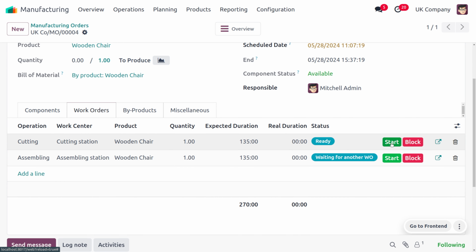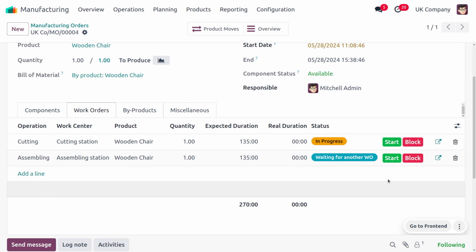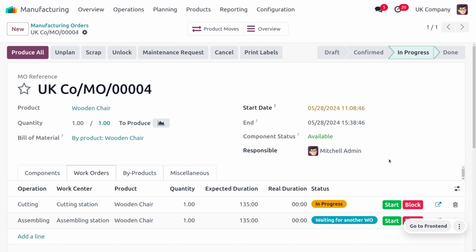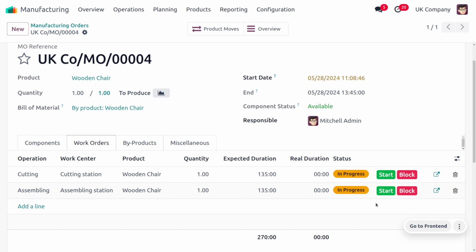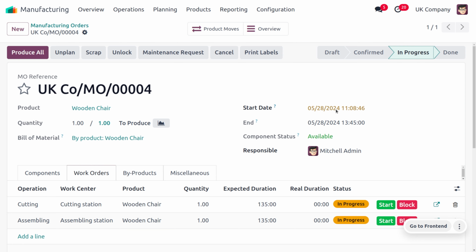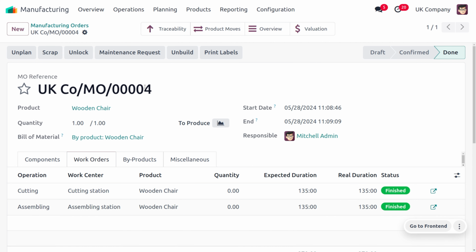So you can just click on start, and here you would be able to find that the cutting is currently in progress, and you can also go with the operation of assembly. So currently both of these operations are in progress, and you can just click on produce all, and you can see that we are now done with our manufacturing.